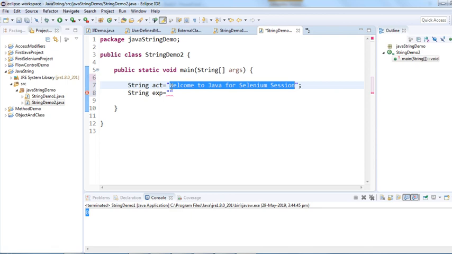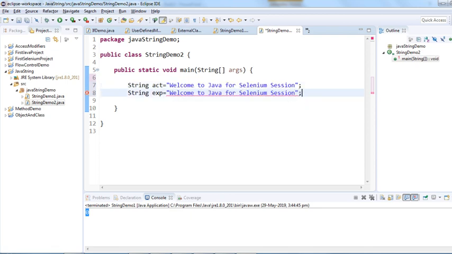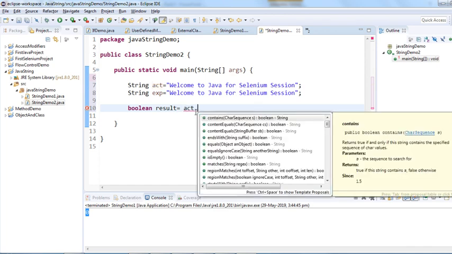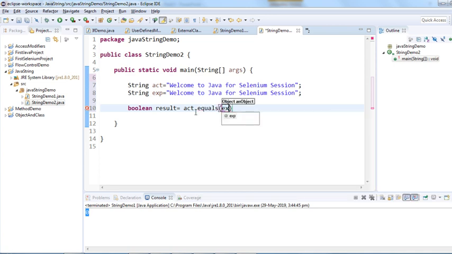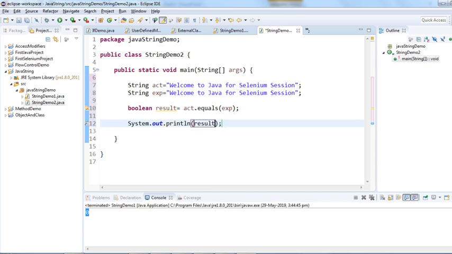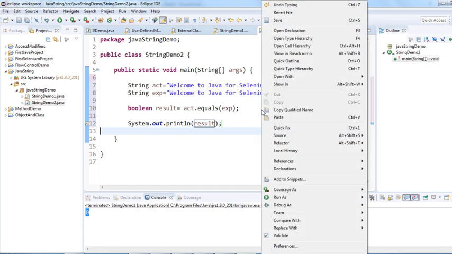Use the same boolean result. actual dot equals method, make it expected here, and let's print result here. So it should print